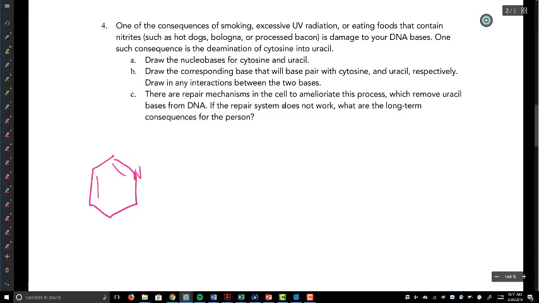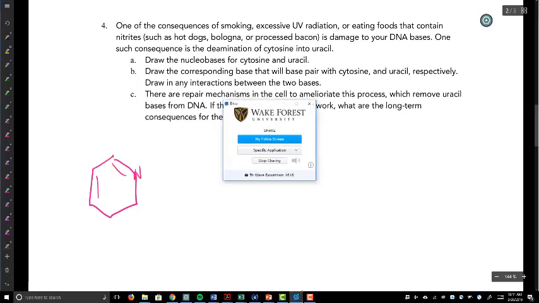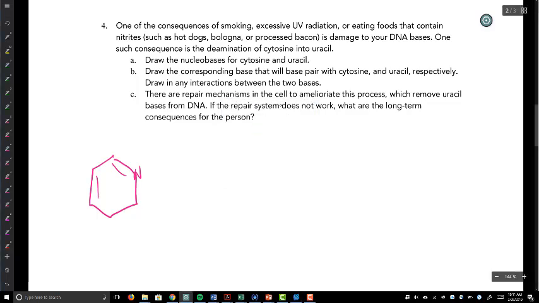Oh, rats. I thought I turned off sharing. Wait,